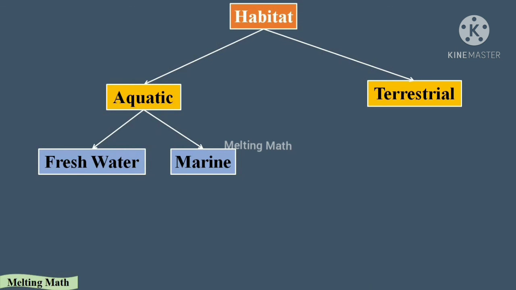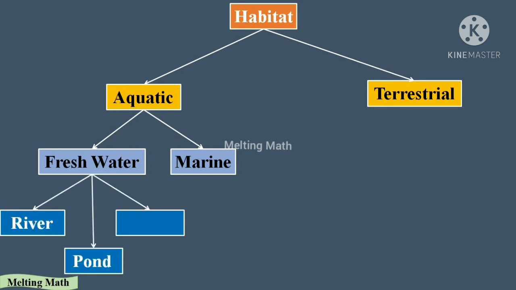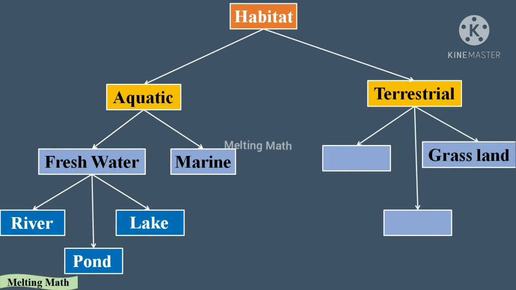In this, freshwater habitat is further classified into what? River habitat, pond habitat, lake habitat. From the other side, terrestrial habitat is further classified into desert habitat, forest habitat, grassland habitat. So this is the answer for it. Okay, these are the plants which grow only in the suitable place only. We already know it. Okay, that's it. In the upcoming videos we can see the other